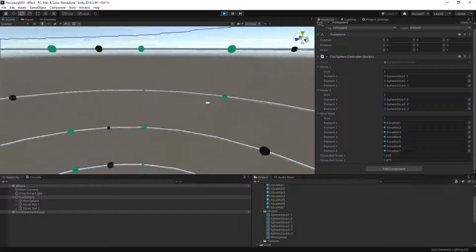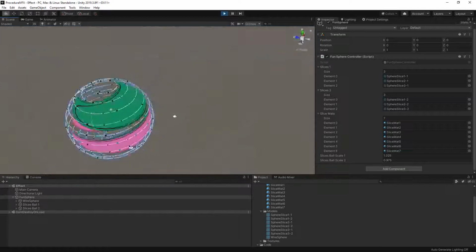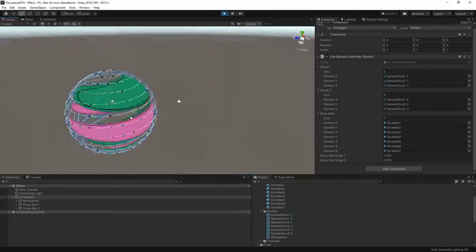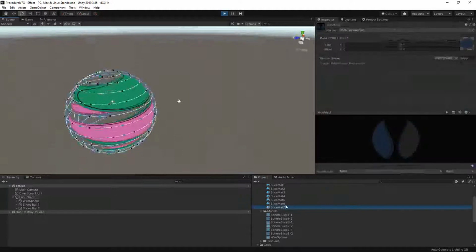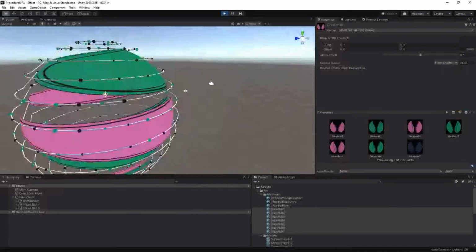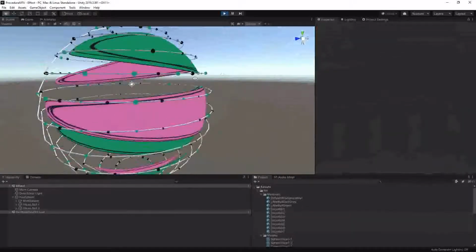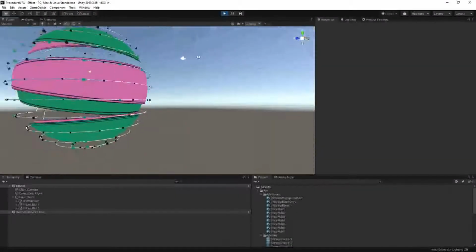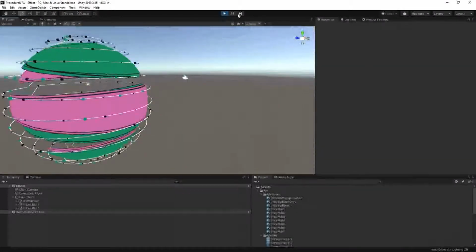Oh, right. Oh, these are not. Maybe I need to change these materials instead of these. We could use unlit transparent cutout. Yeah, and this is not going to give me any issues with that. So anyway,